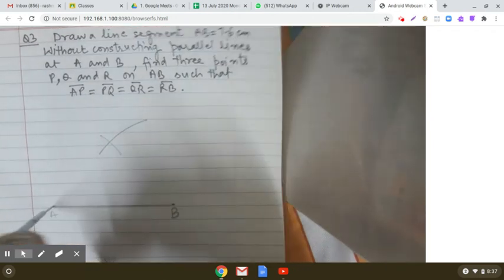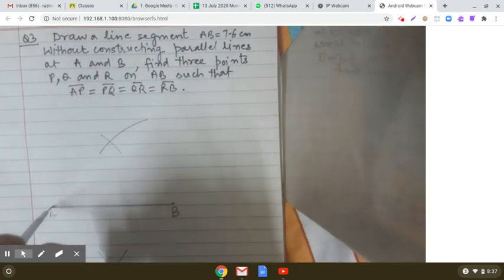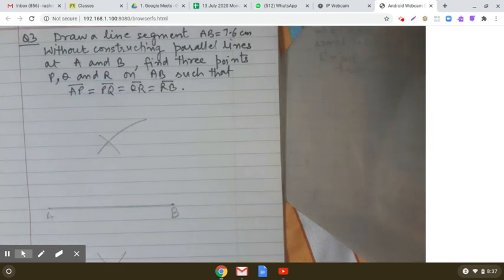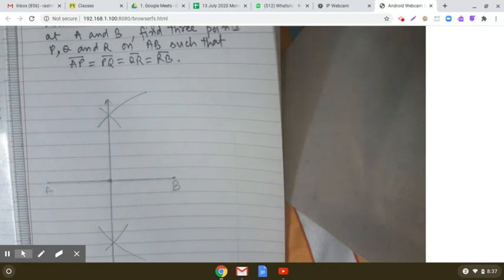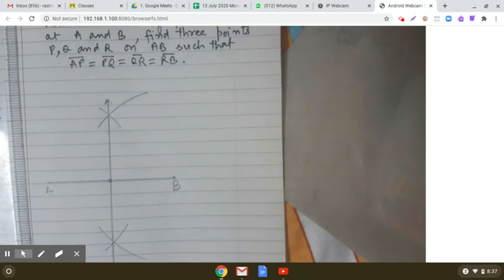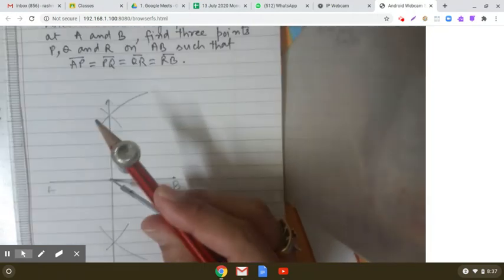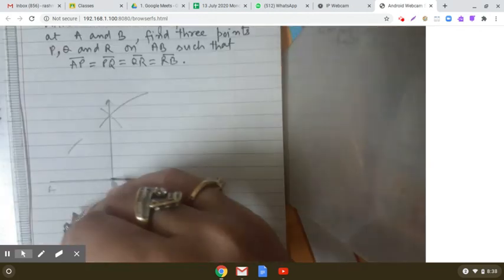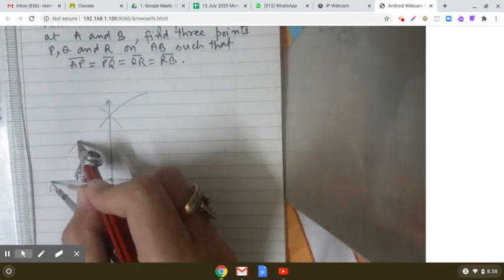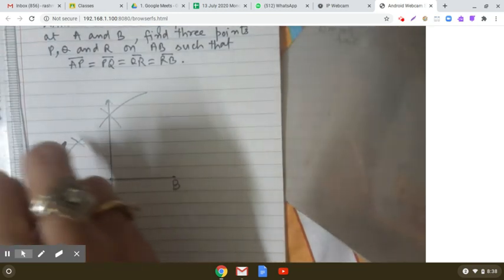Now put the compass at A and cut the previously drawn arcs. So this is how we get the perpendicular bisector of the line segment AB, and this perpendicular bisector meets AB at some point. Now you see that if you again get the perpendicular bisector of the two parts which have been obtained, what will happen? Just observe carefully what I am doing.